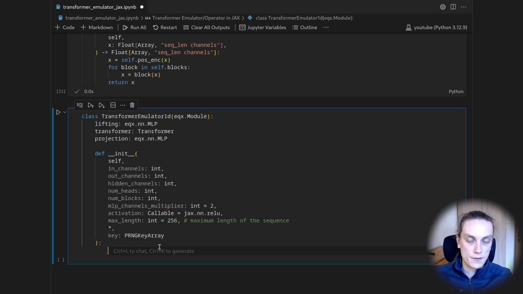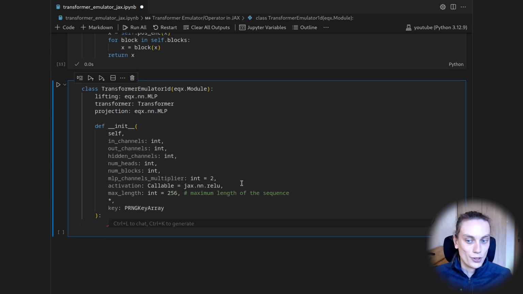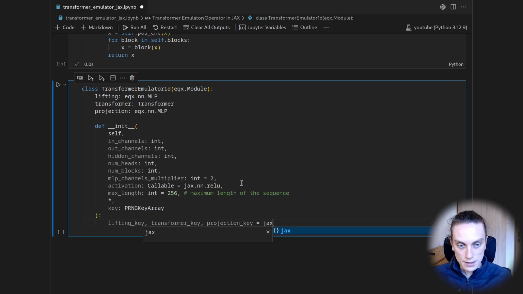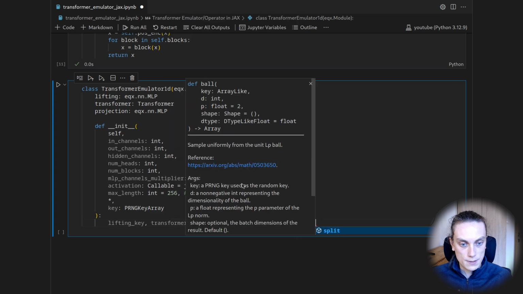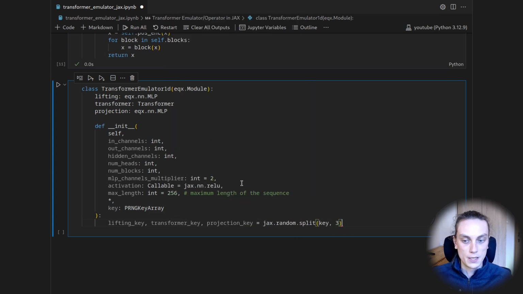So then what do we have to instantiate? We need to instantiate the lifting layer, the transformer, and the projection. Here again it makes sense to split the key and not use the fold in. So let's split it into a lifting key, a transformer key, and a projection key by doing jax.random.split on the key into 3 subkeys. Then we will instantiate a lifting layer. self.lifting is